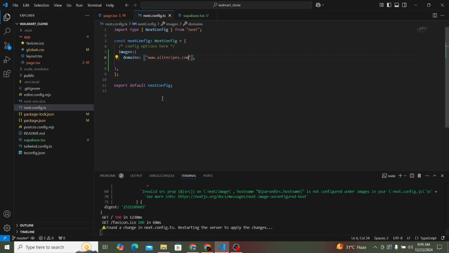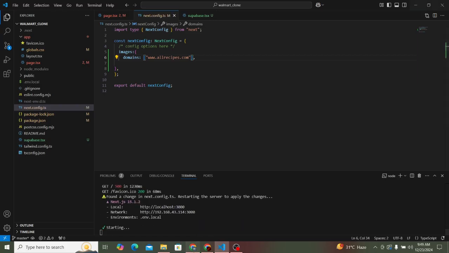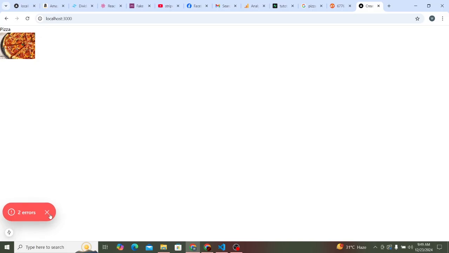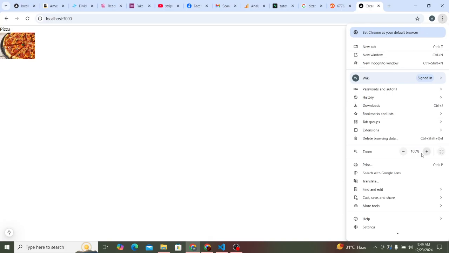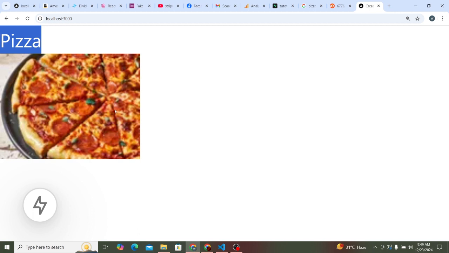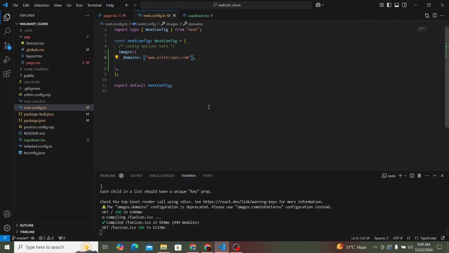Now when we save it and open our browser and wait for it to load, when you refresh, you could see that nothing happens, because we need to stop our server. Okay, we did not stop our server, but you could see that our image is being displayed here. So let me zoom in a little. Okay, you could see that the name is pizza, and you could see my image being displayed here. So basically this is how to access